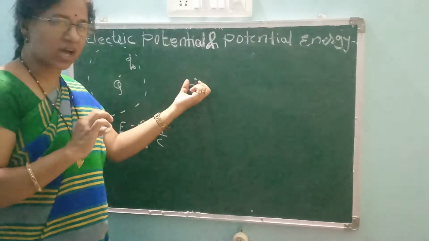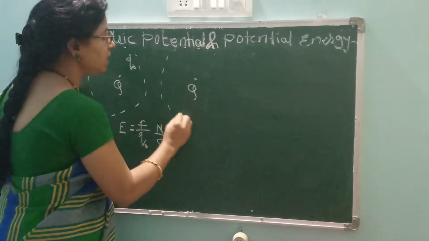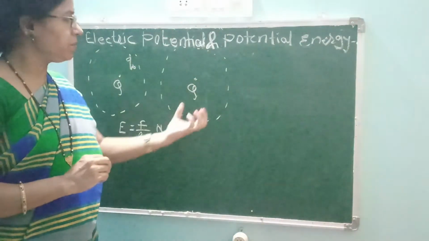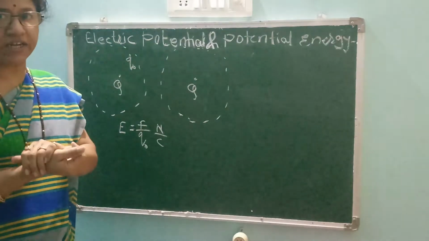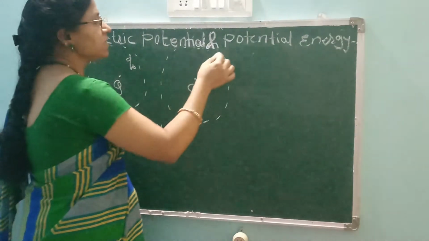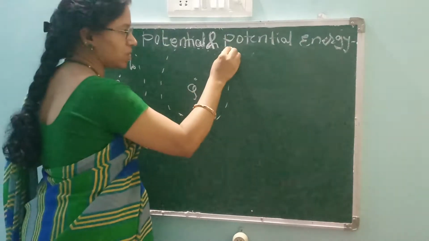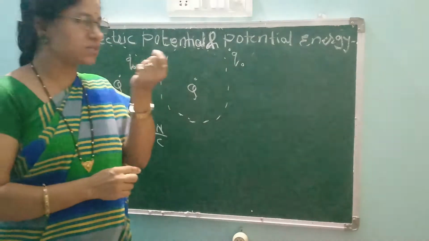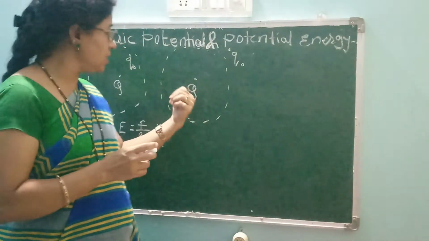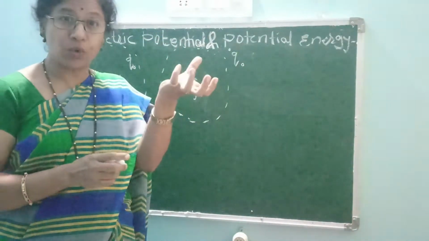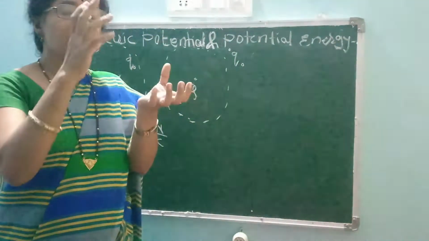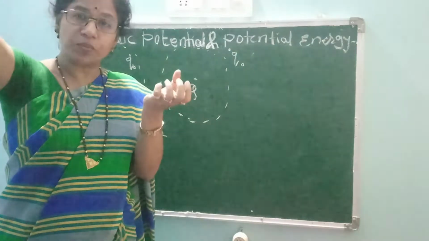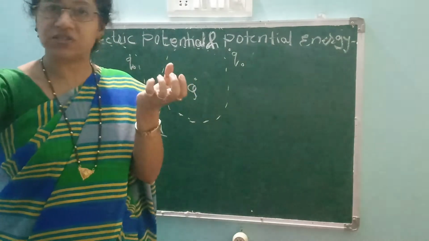Now because of this charge, what will happen? A field is developed around that charge, in the surroundings of that charge. Now see, we are taking another small test charge q0. Here we have taken a small test charge q0, like this. This is the point q, this is your charge q. And we are taking a small test charge q0 at infinity, somewhere very far away.